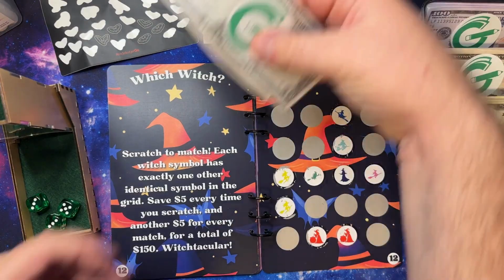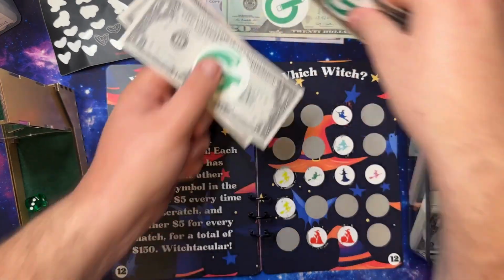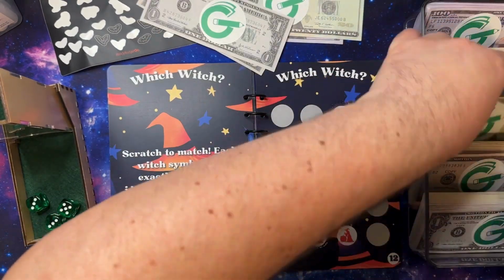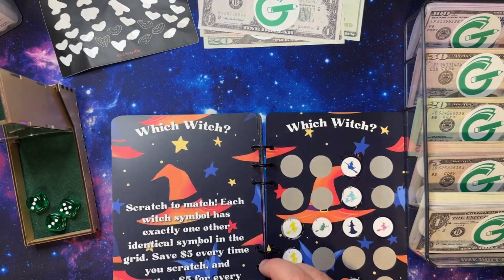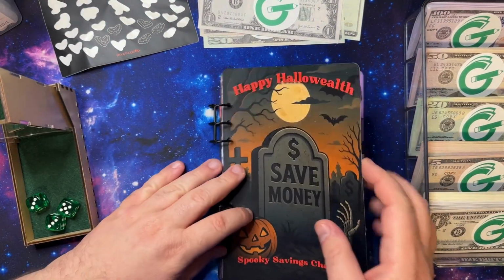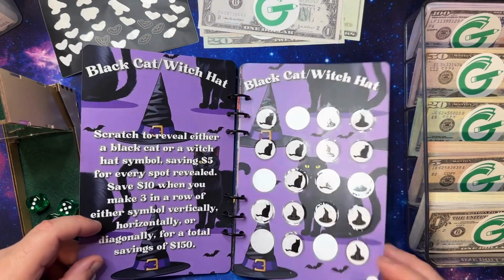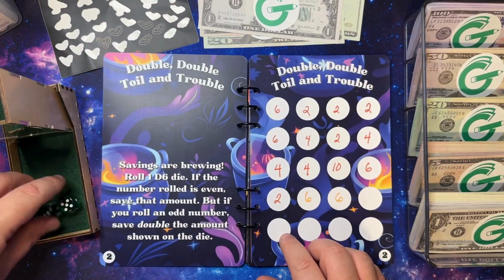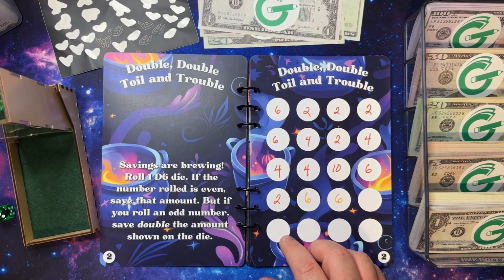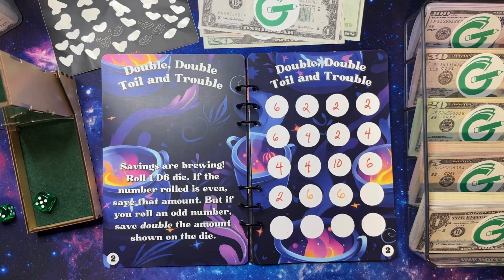Okay, so $10 back, $20 coming out. And we're going to go back to the front. And I think what I'm going to do is finish this challenge, the Double Double Toil and Trouble. So we've got 10,